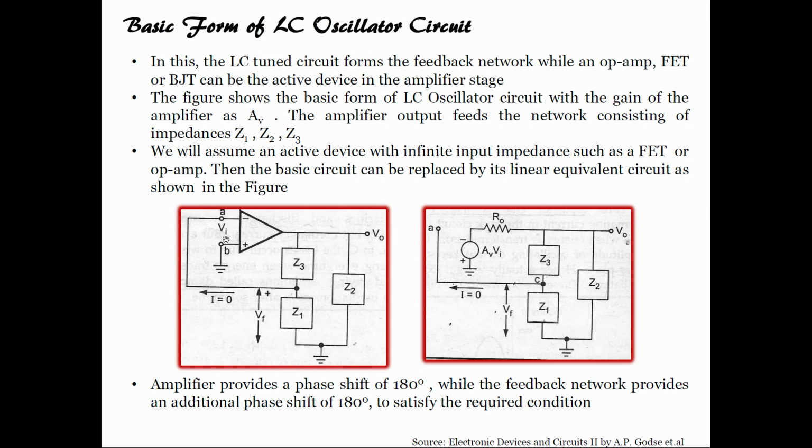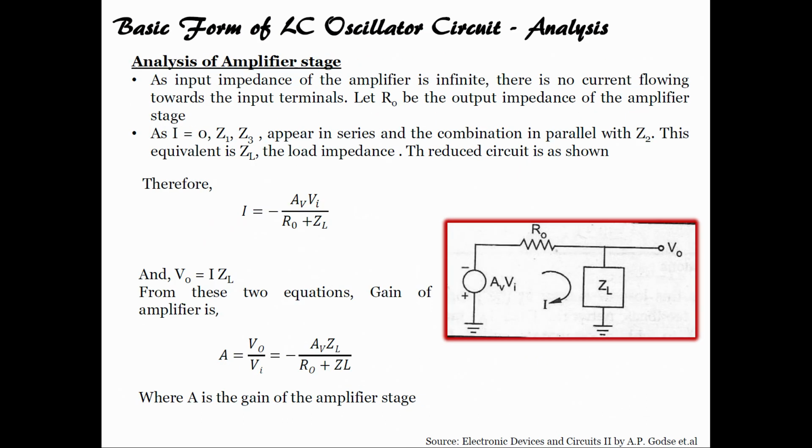See, its input impedance is infinite, and the amplifier provides a phase shift of 180 degrees because we are applying the signal at the inverting terminal, while the feedback network provides a phase shift of 180 degrees. So, the feedback network that we will be using will provide another phase shift of 180 degrees to satisfy the required oscillation, that is, the total phase shift should be 360 degrees. So, if we analyze this amplifier stage,